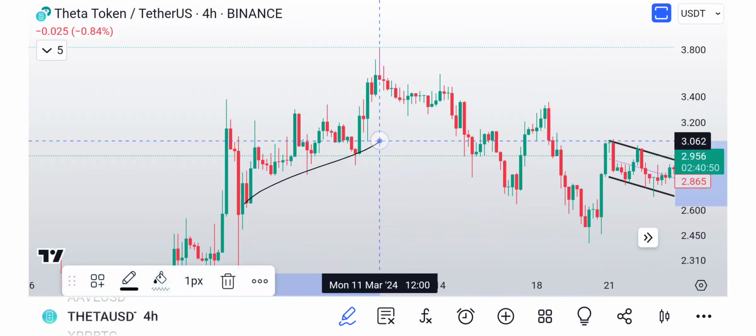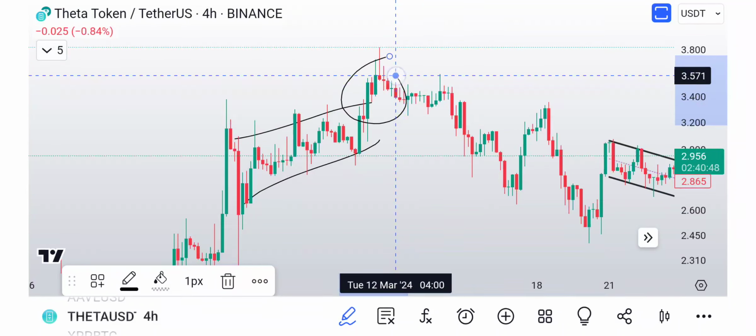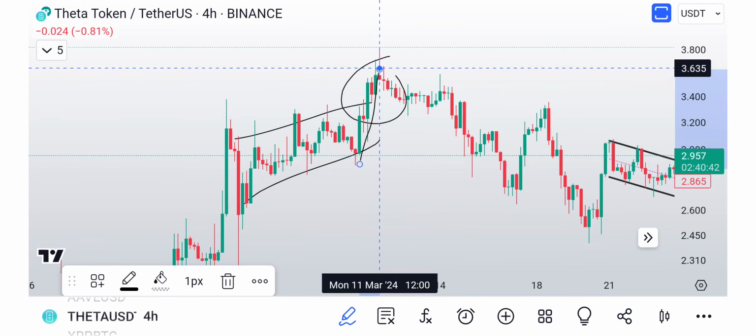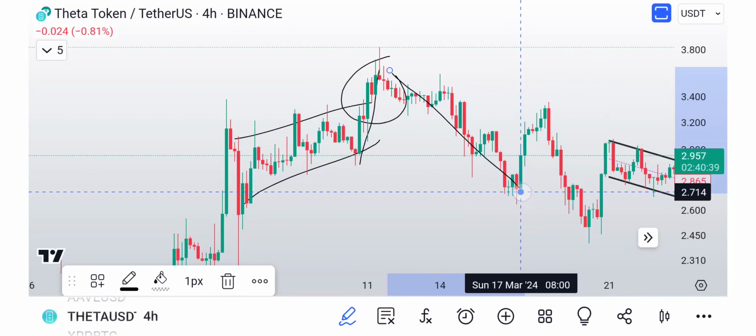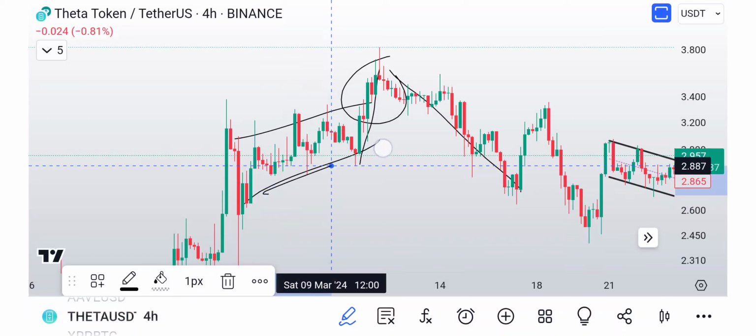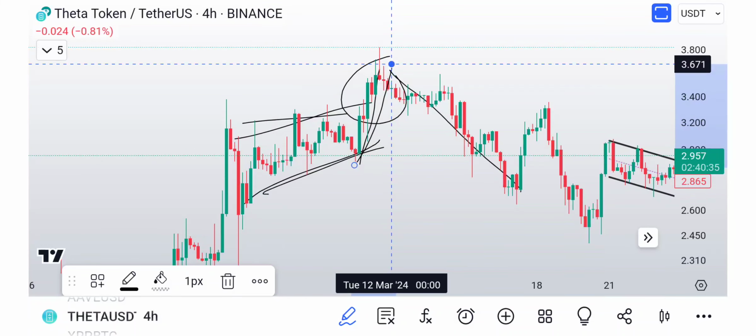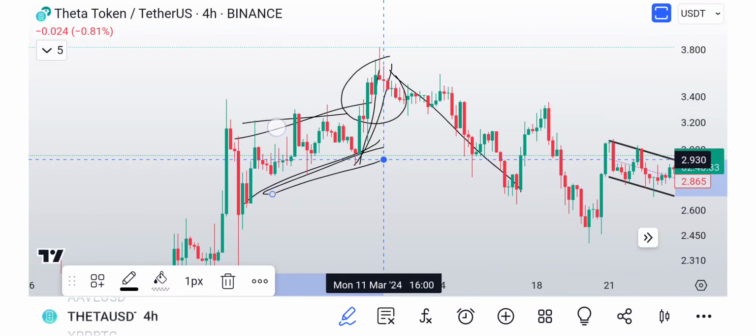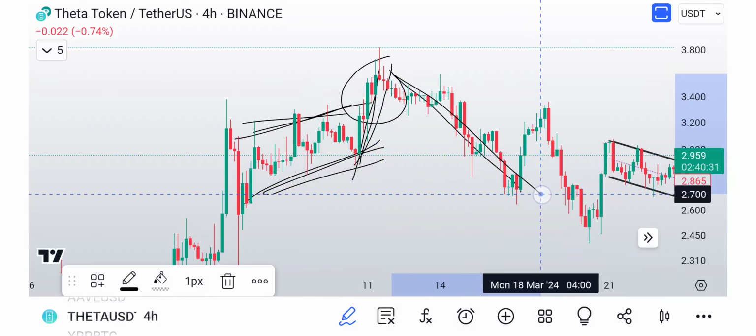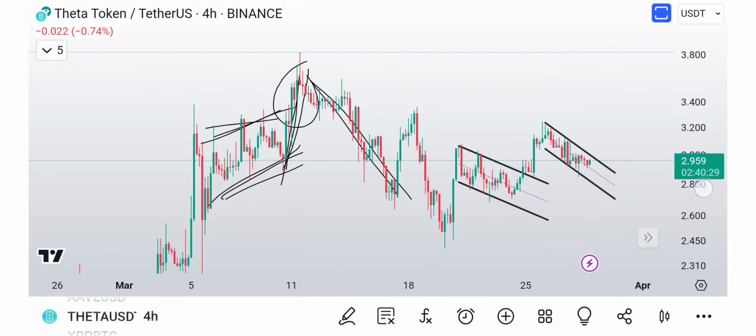Now there are some instances where you get breaks to the upside. Like look at this. This was kind of a channel, and you broke to the upside. But when that happens, it's usually an overthrow, right? And then what was the net result? It came back down, right? So it makes you believe, hey, we're breaking out, let's go. But it basically was a liquidity trap for the downside,